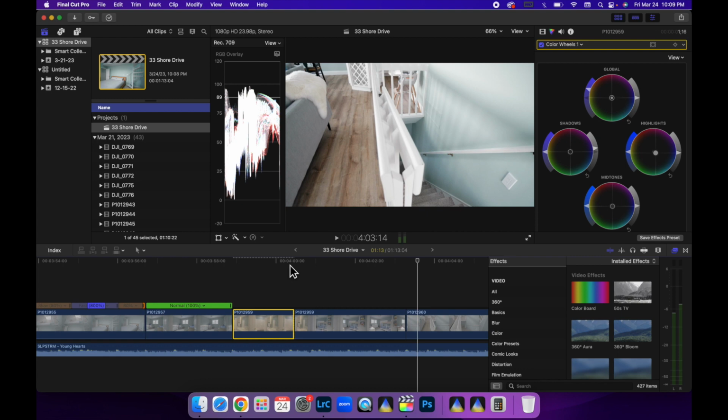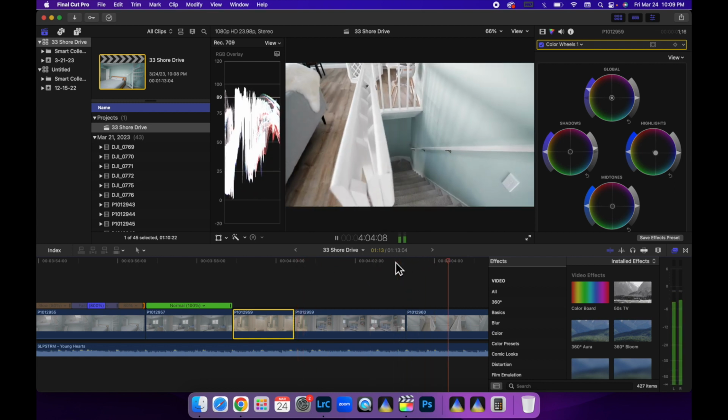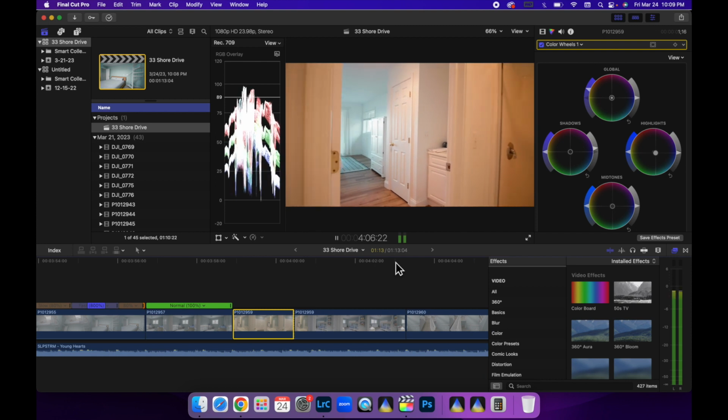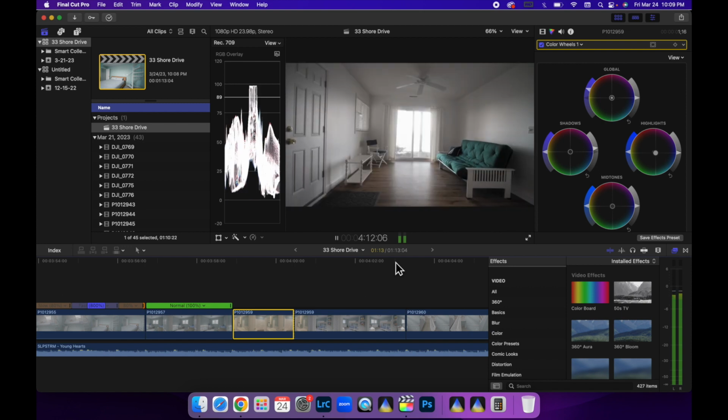Now, to show different levels of the house, another establisher shot would be to show the staircase. I used to walk down the stairs or walk up the stairs, and first of all, you have to speed ramp that, otherwise it takes too long, and usually it looks like you're bouncing up and down, and it just looks horrible. So now what I do is I just roll, looking like I'm going down the stairs, and then I'll cut to something downstairs. So let me just play this through for you, right here. And then I cut to another speed ramp, and then we speed ramp it into here. And then we cut,